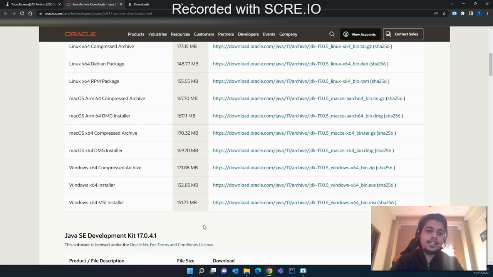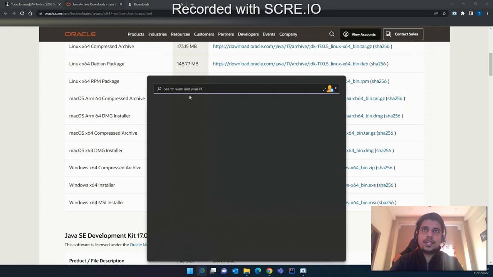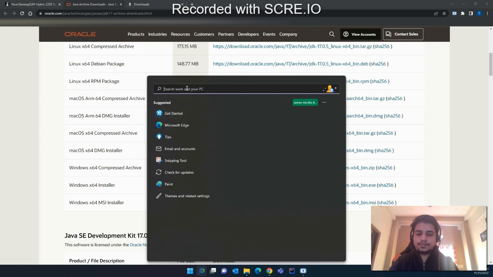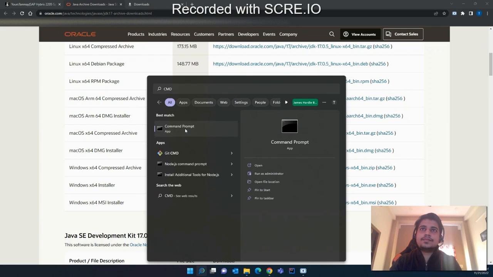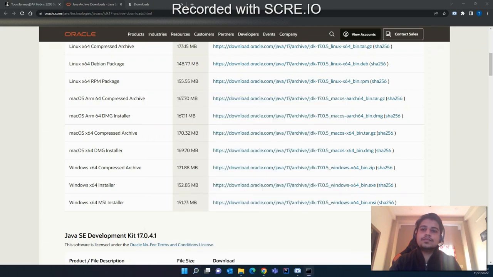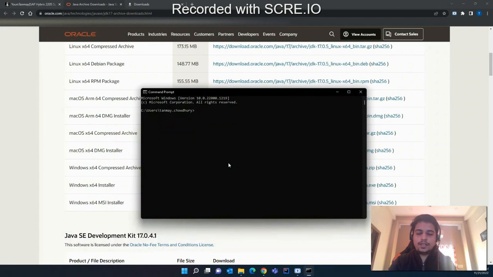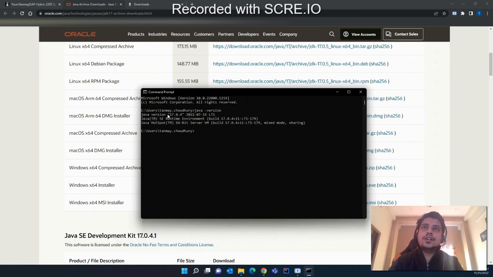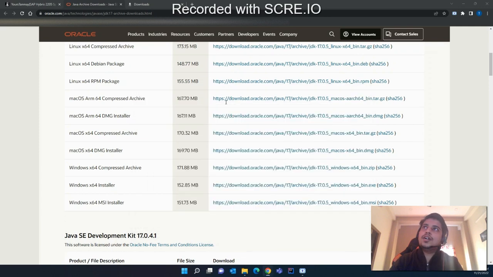Once it is successfully installed, open CMD, and in CMD type java space hyphen version. You will be able to see the Java version as 17. It is recommended to use Java 17 for Hybris 2205. Once you have successfully installed your JDK and checked the version, proceed with